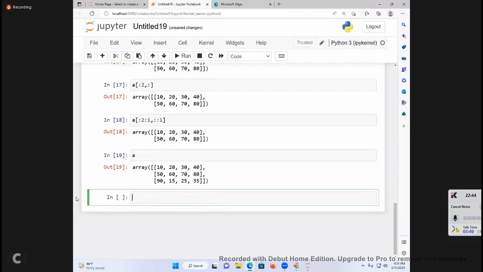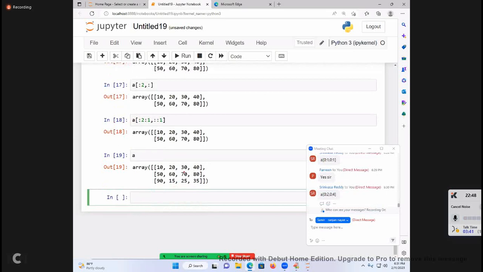Next. Shall I go to a little complicated one? Ready to answer? I want these two columns. A of, first rows. What rows? All rows. 0, 3. 0, 1, 2, 3. 1, 3.